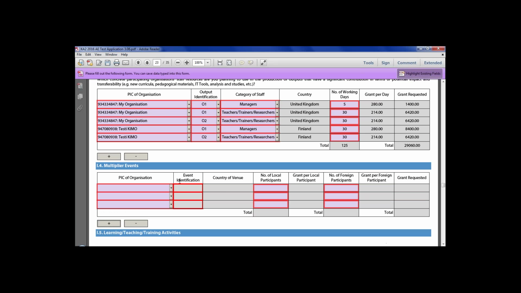Okay, so Phoebe will now add the budget information for the 2 multiplier events. Once again, it is important to use a different row based on the information that you are entering. For multiplier events, you should use a different row for any change in the organization and the multiplier event. You don't need to use a different row for local and international participants as long as the organization and multiplier